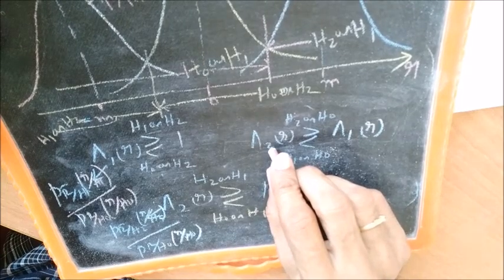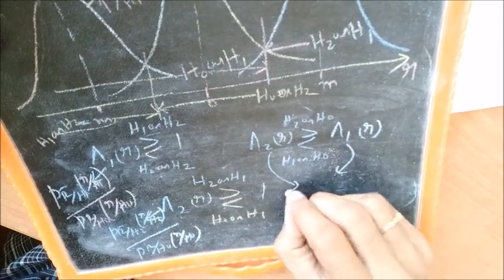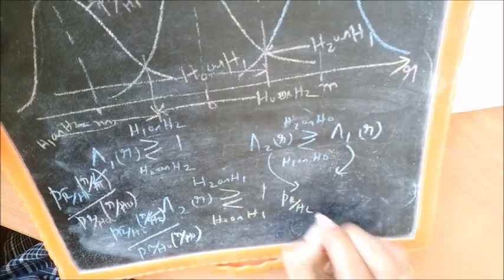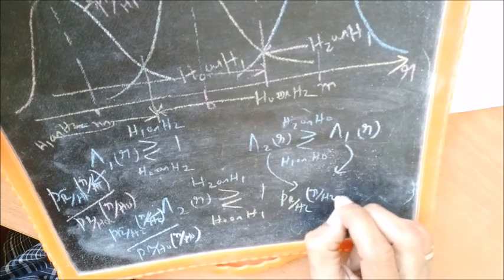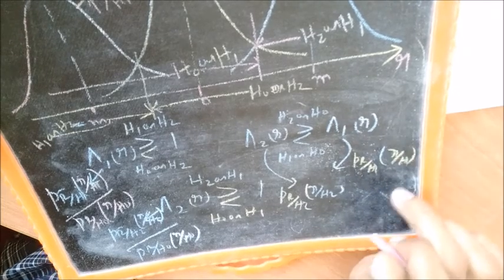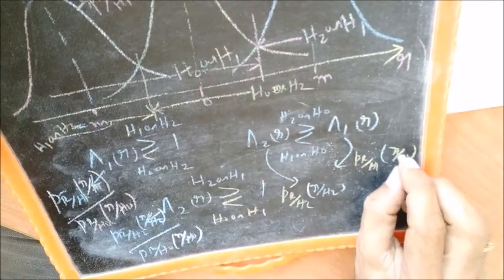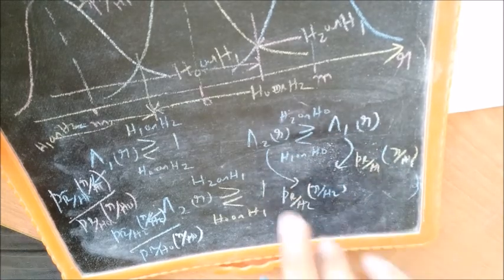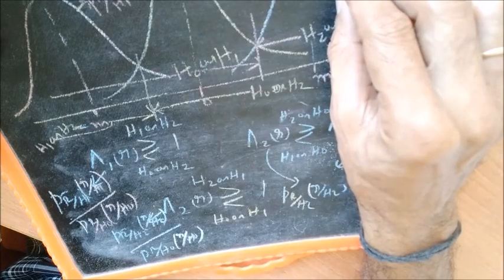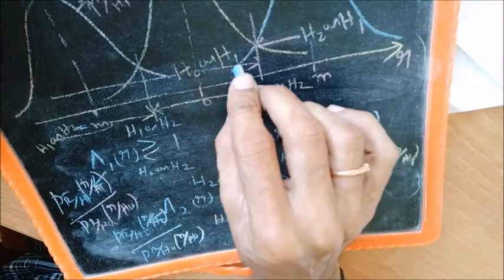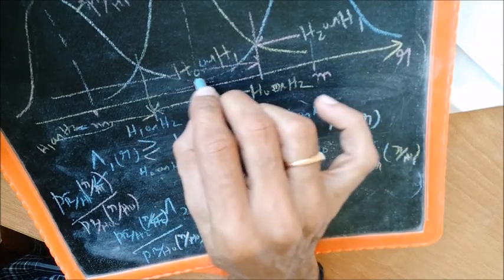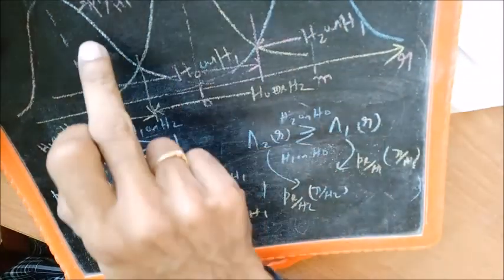which is a simple one, because either side you have PR H0 in the denominator. So basically you are comparing PR H2 on this side with PR H1 on this side. So it's basically a comparison between PR H2 and PR H1. So if PR H2 is more than PR H1, by symmetry we can say that PR H2 and PR H1 meet here. They take the same value here. This is PR H2, there is PR H1.